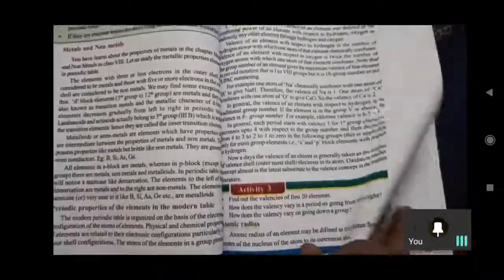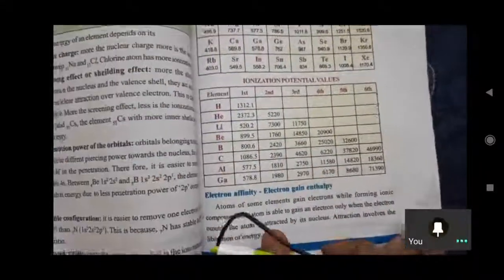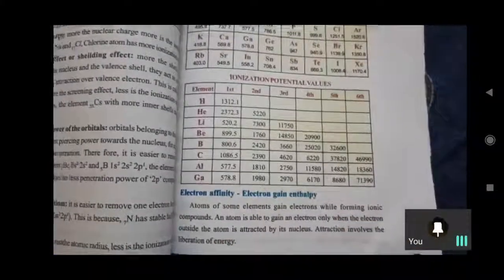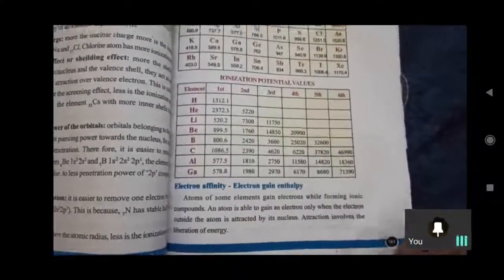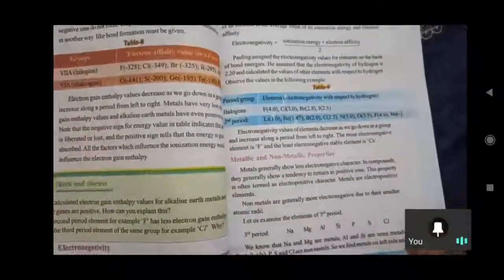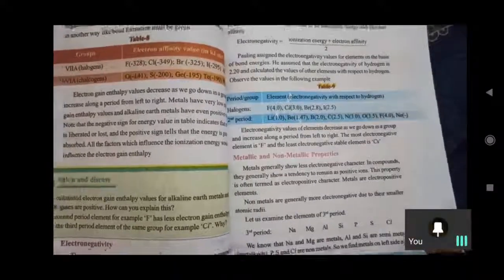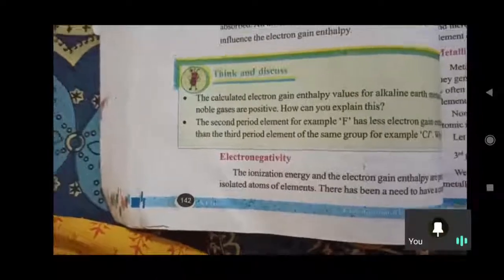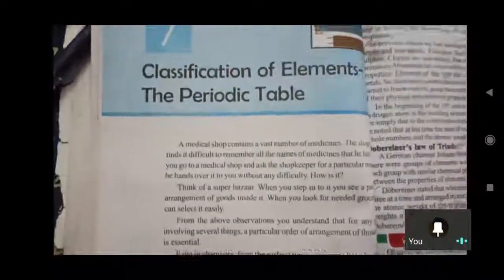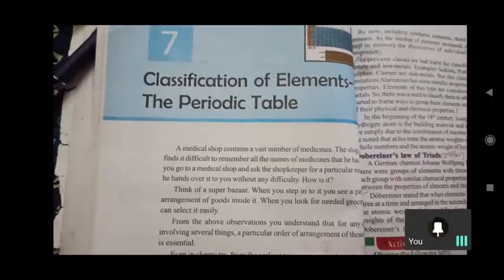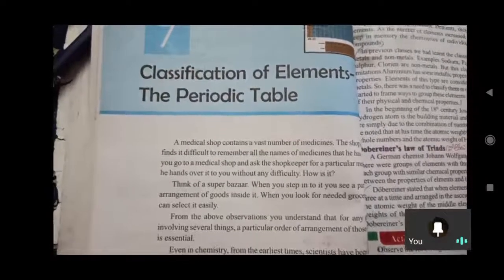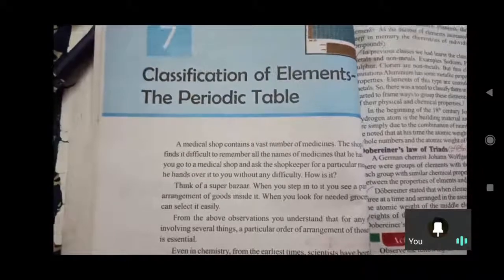So in that manner we are going to discuss in this entire lesson, and what is electron affinity and what is electron gain enthalpy, and what ionization energy means. So about all these we are going to discuss in this lesson. And metallic and non-metallic properties, what is electronegativity, these all are important for the chemical bonding lesson. So half of the lesson is about the arrangement only, and the remaining half is about different properties which are useful for bond formation.